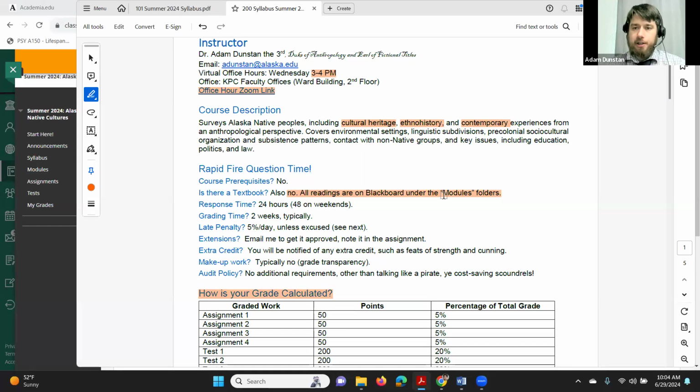And so I try to clarify when I'm talking about traditional times 200 years ago or something like that, and when I'm talking about things going on today. And also the course is kind of set up that way. In Unit 2, you have a lot of how things were traditionally, some of which is still practiced. And then in Unit 3, we have a lot of, okay, what are some present day topics affecting Native communities?